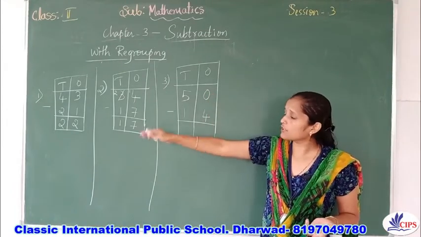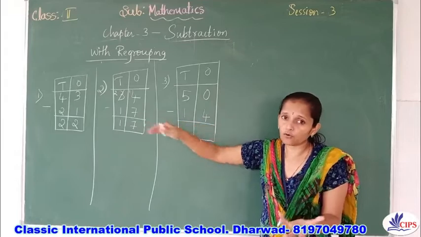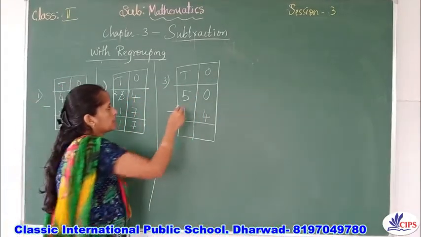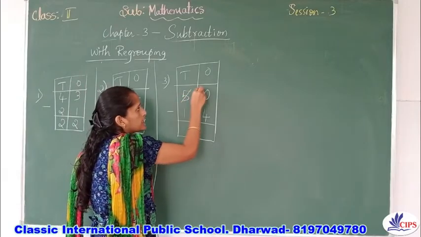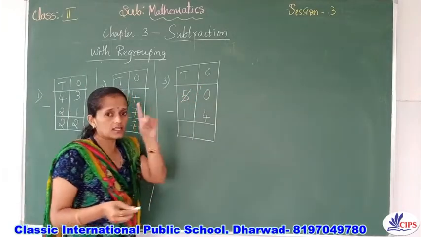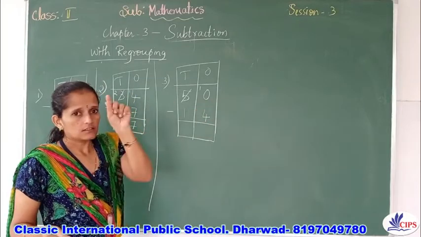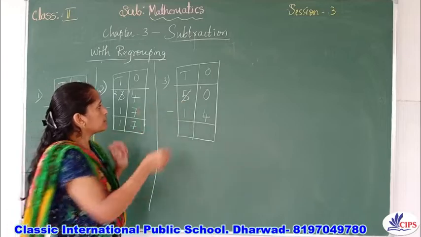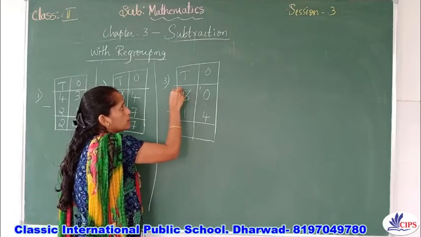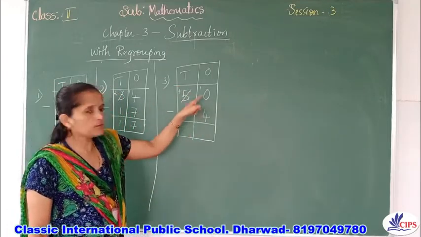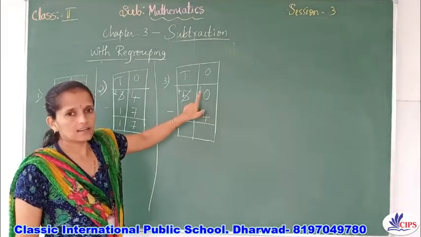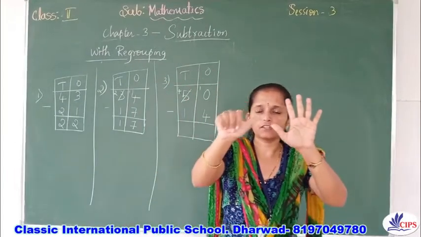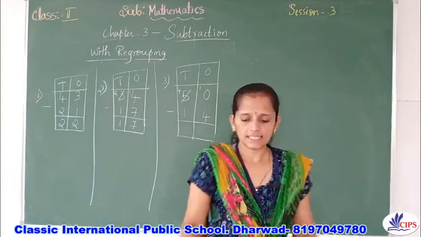So again, as usual, we need to take help. That is, we need to borrow from the tens place. At that time I am crossing out 5 and taking 1 here. You have to write this 1 small, not as 0. Write it very small. When I take 1 from this side, 5 will become 4, 1 less, because 1 came here. Now it is 10. Now 10 minus 4, I can easily hold 10 minus 4. How much remained here? That is 6.